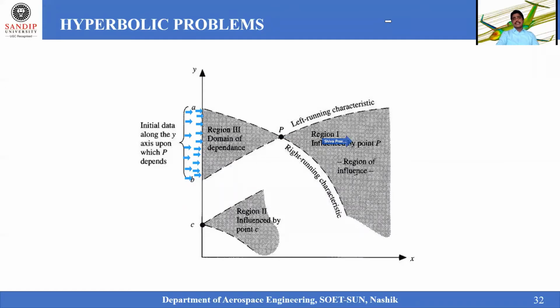And why are we calling it a hyperbolic problem? In this particular case, I have two real and distinct points where the characteristic behavior is running, in the two real and distinct directions. One is on the opposite side, and the other in the opposite time. That is the reason it is called a hyperbolic flow problem.